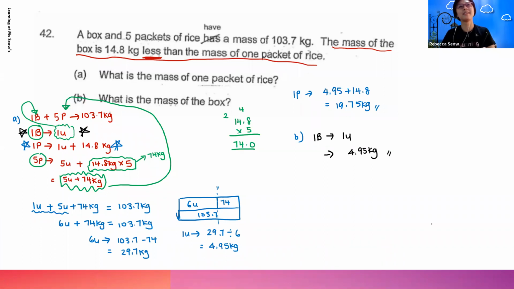This one is a tough one, but it's a common one. So if you find that this is something that is challenging, do mark it out with a star or an asterisk or something. So when you're doing your revision for your exam, come back to this question, try it again, don't look at my annotations, and see whether you can get the correct answer. If you do, that's great. That means you really understand it. If you don't, take a look at the annotations, try to understand, and see whether you can do it a third time over and get it right without looking at the annotations. Yeah, so that's the way to actually grasp a concept.